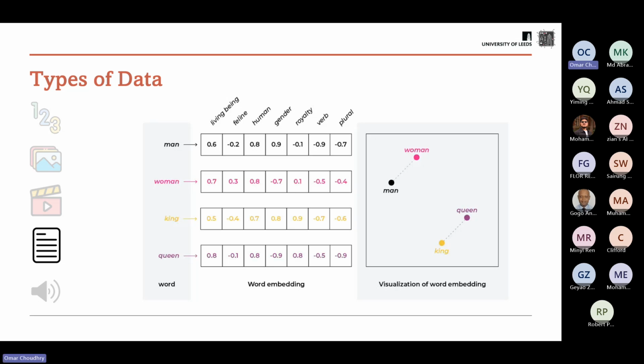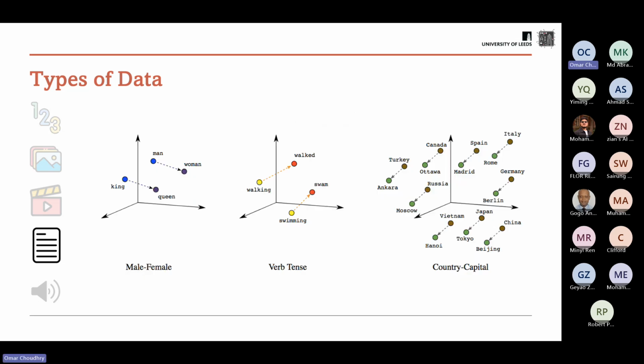And of course, we can have much more than just the 7 here. This is just an example. Here's another example where we show the first example that we had already. But you can see here where we go from this verb walking, right, and this verb swimming, that if we